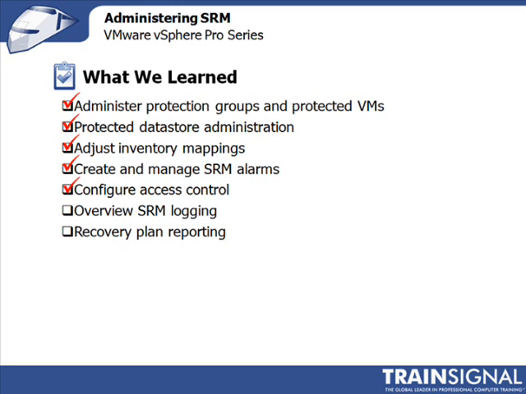We addressed how to configure access control on your SRM servers, and we politely reminded you to get your security team involved early to help with this configuration. We overviewed SRM logging and how to use this information to troubleshoot issues or to help file logging with VMware support. And finally, we showed you how you can use the recovery plan reporting to keep DR documentation updated and your auditors surprisingly happy. And that concludes this